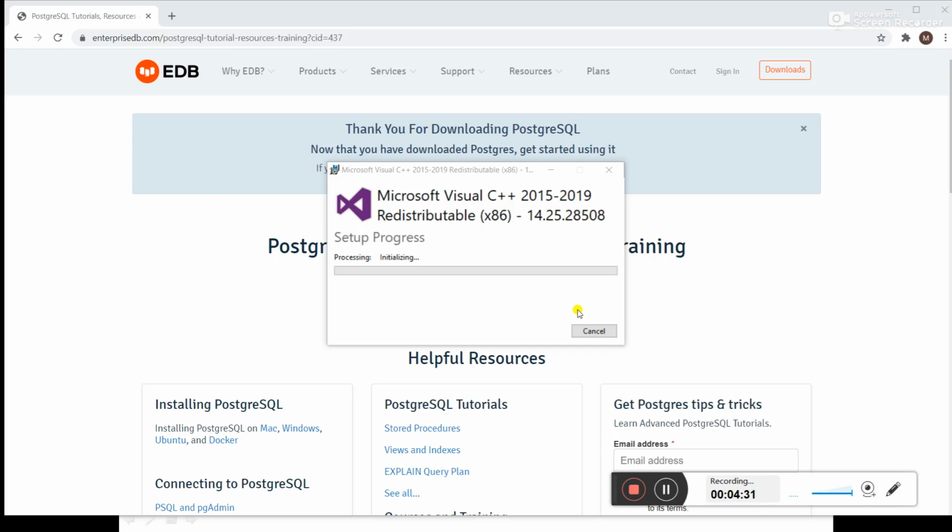Now the setup part is started. Again, it will take some time.